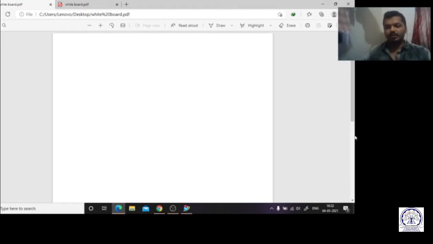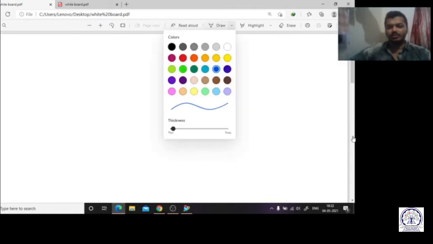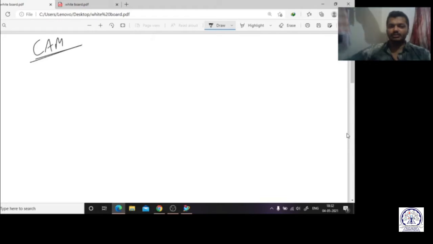So here all of you can see. Today we are going to talk about a machining operation, because mostly NX is used in the CAD, but we can also do the CAM operation. As you can see on my screen, we are going to talk about computer aided manufacturing. So what are the steps we are going to follow? The first step, we have to complete the 3D model. And we are talking about the part manufacturing. So you have to complete the 3D model or the part modeling. After that we have to go for defining the workpiece.